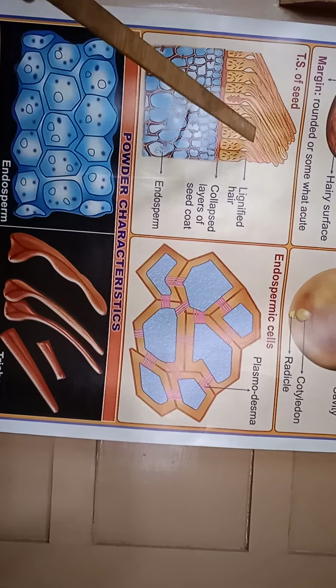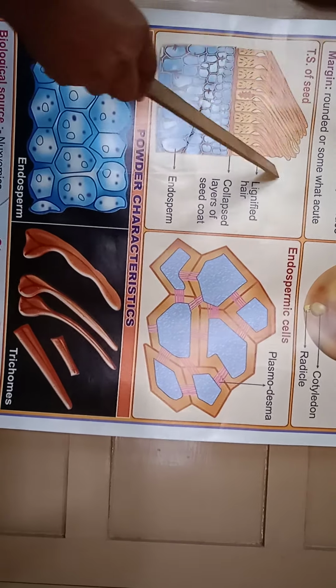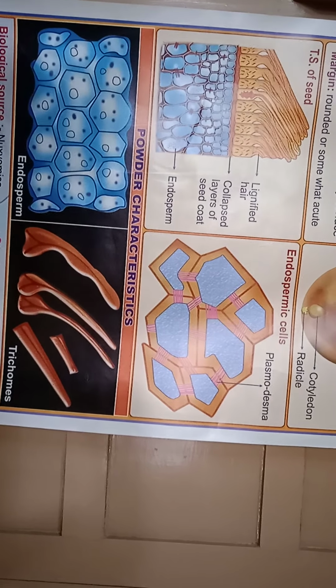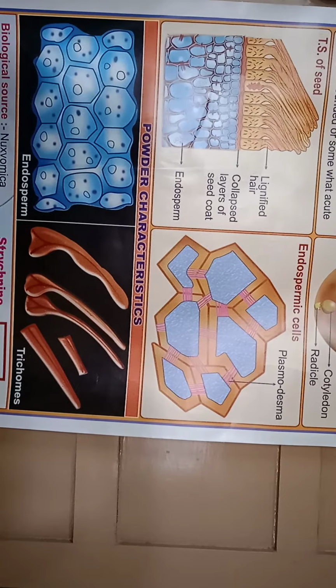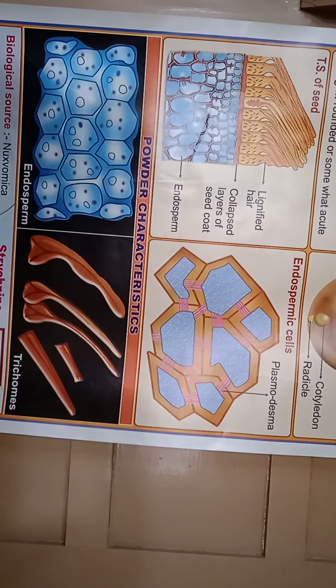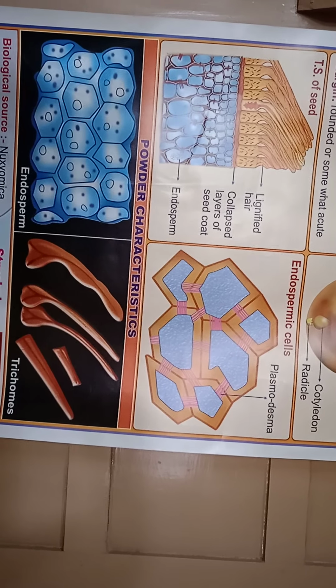मतलब यहाँ पे आप देख सकते हो कि ये जो hairs है, trichomes है, वो कैसे arrange है. They are parallel to each other and they are very closely arranged to each other. Okay, the length of this trichome is 600 to 1000 micron. Diameter is about 25 micron. Okay, below that you will have a epidermal cells.